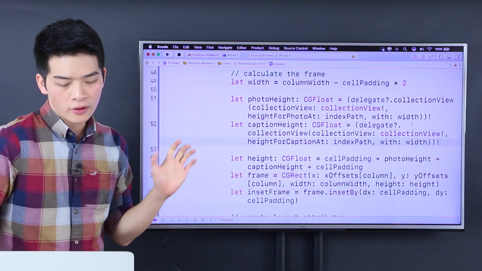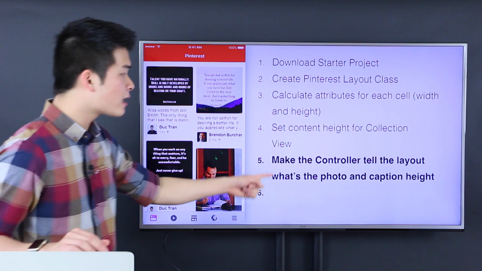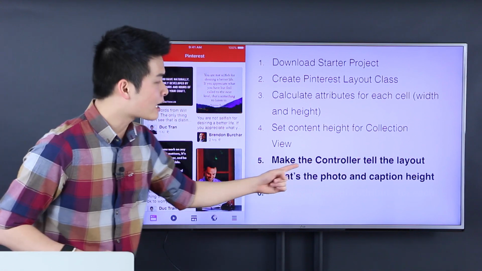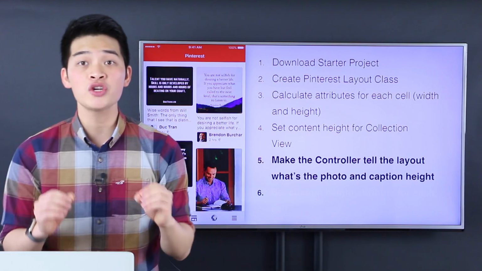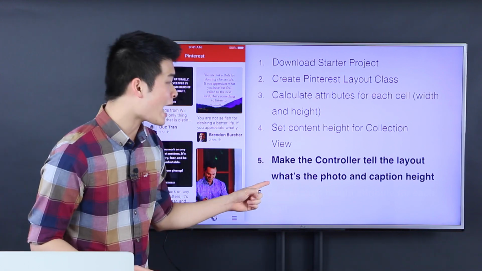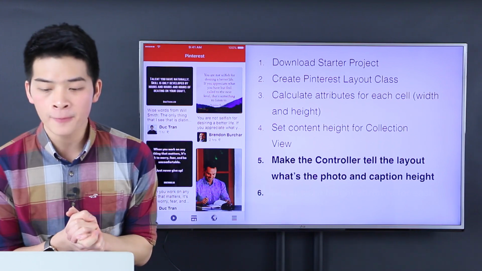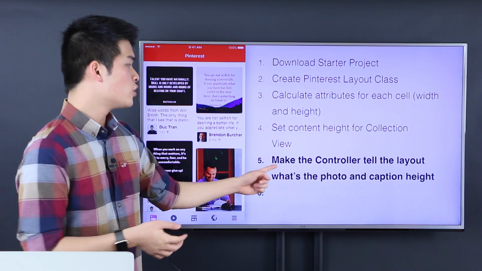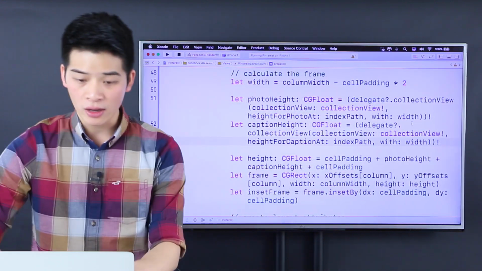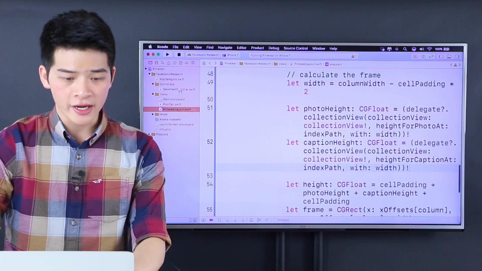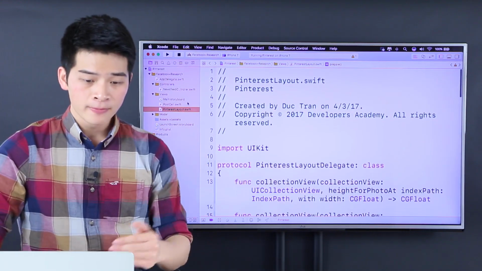Pretty cool. Okay, now the next work is that this phrase over here, make the controller tell that. It means that the controller, the collection view controller, should be our delegate, right? Should be our delegate. And also, we need to make the controller use this Pinterest layout. So, let's go over here. And the way that you're going to use this Pinterest layout class, here we go. Go over the main